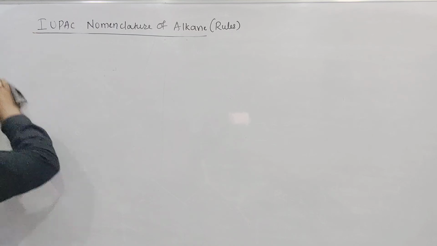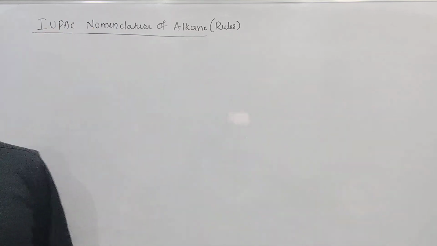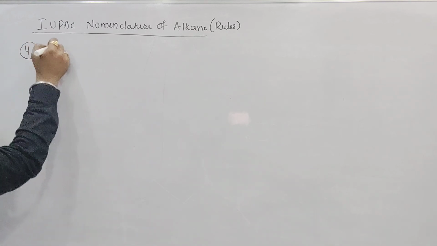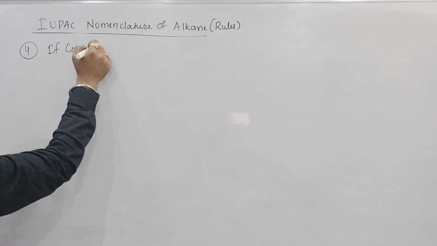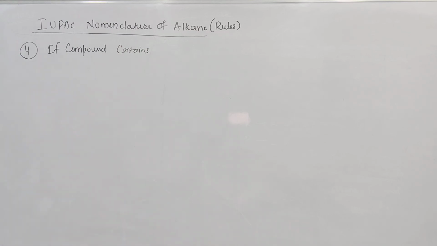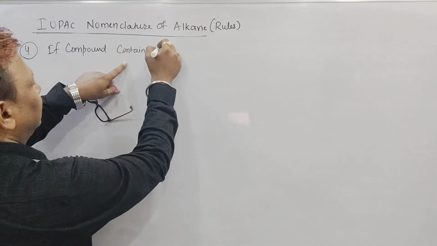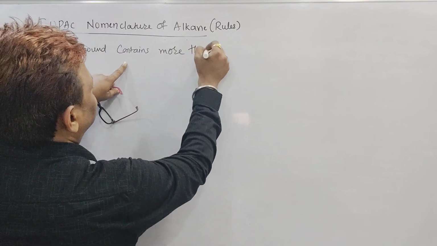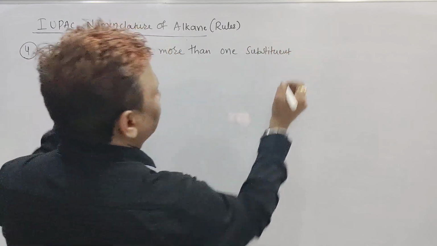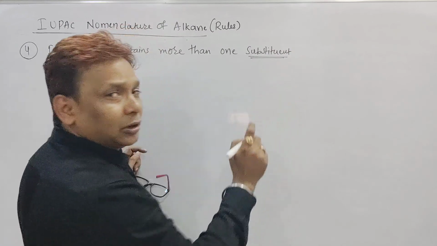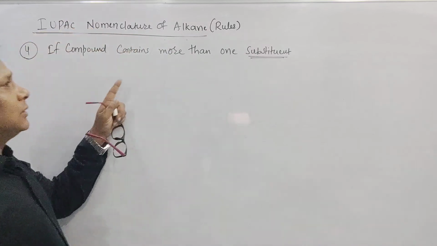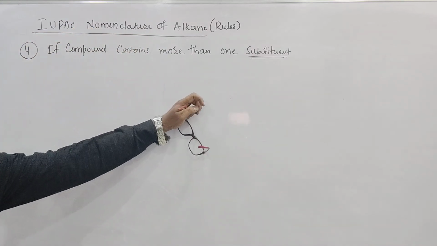Rule number 4 for writing IUPAC nomenclature of alkane. If the compound contains more than one substituent, right beta? Do you know what is meant by substituent here? I am talking about substituents such as CH3 methyl, C2H5 ethyl. If the compound contains more than one substituent, numbering has to be done in such a way